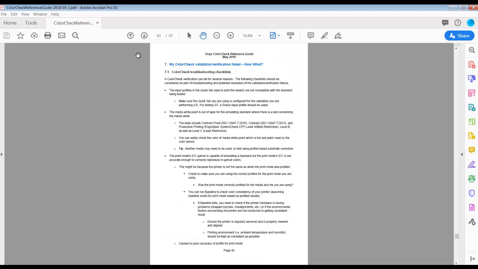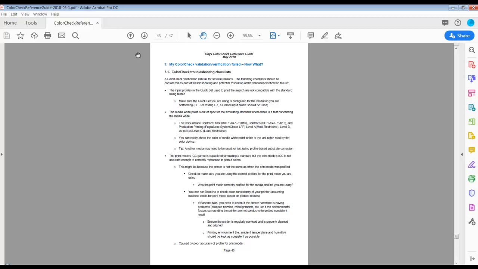Back in the Color Check Reference Guide documentation, on page 43, this section talks about if your color check validation or verification fails, what do you do now? And this is just going to be some guidelines to talk about what you would troubleshoot, what would be on your checklist, and go through your process control scenario to determine where are your issues, why are these specific test targets failing.